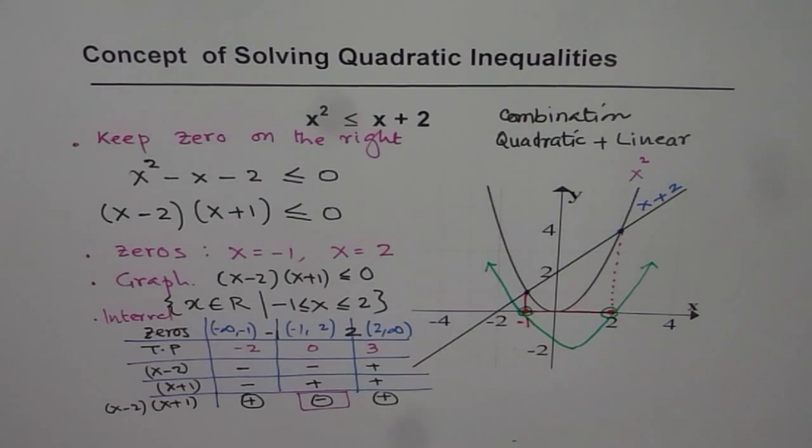What do you need? If you're looking for less than, then you're looking for a solution where the function is negative, right? So that's how you can get the answer. This is how we solve quadratic inequalities. I hope this video helps you to bring all the things together. And now it's all up to you. At times, one method is better than the other. So use the method which you feel is the best